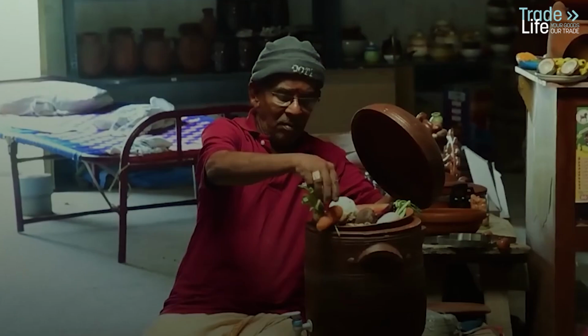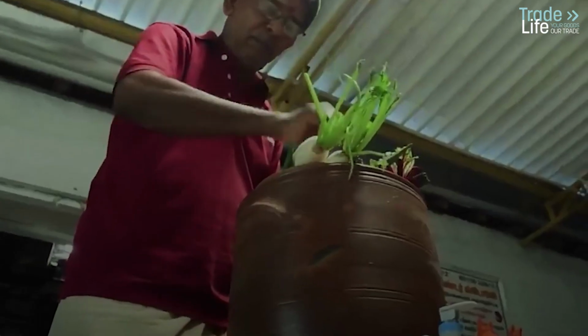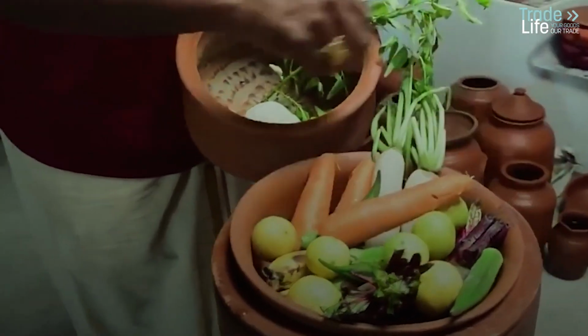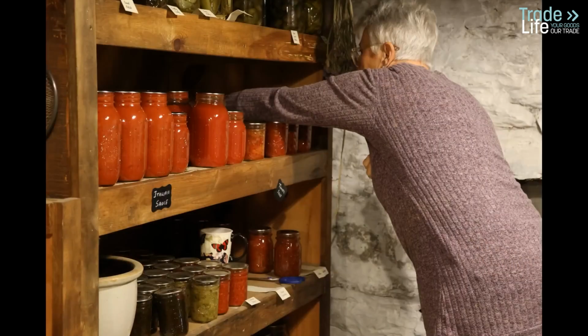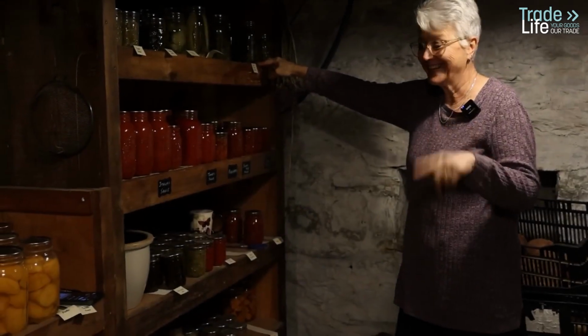Our ancestors had no refrigerators, yet they thrived for thousands of years using these techniques. Whether it was clay pots, salt, drying, underground storage, or fermentation, every culture developed unique ways to keep food fresh. Even today, many of these methods are still in use. Wine is still stored in clay barrels, pickles and cheese are still preserved through fermentation, and smoked meats are still